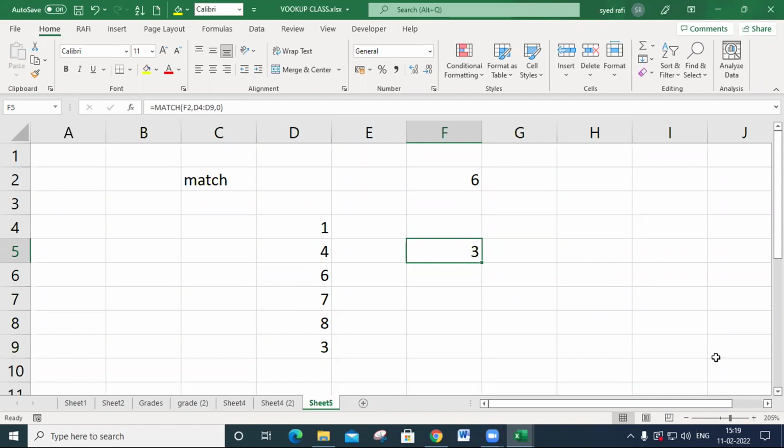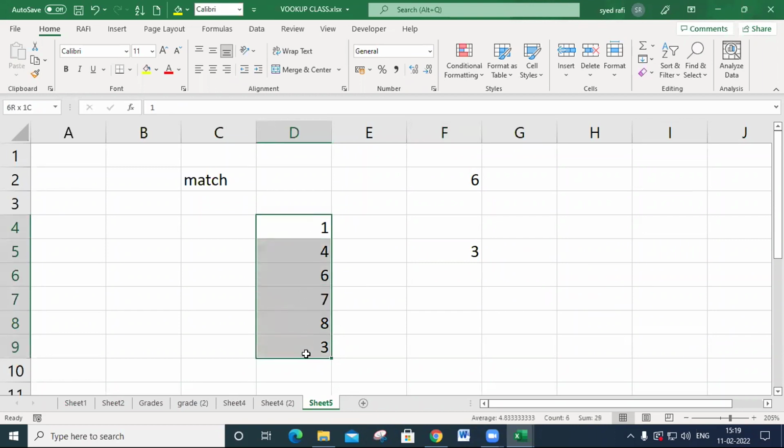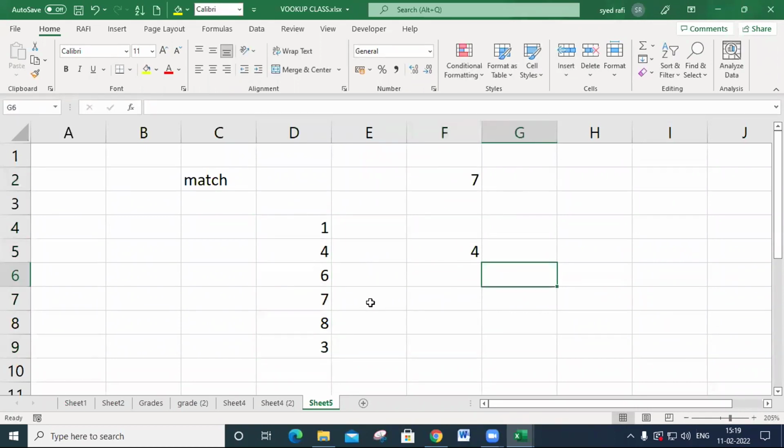Third position means third row: first row, second row, third row. If the data is placed like this, you always say row. If I enter 7, what happens? 1, 2, 3, 4. The fourth location contains that number.